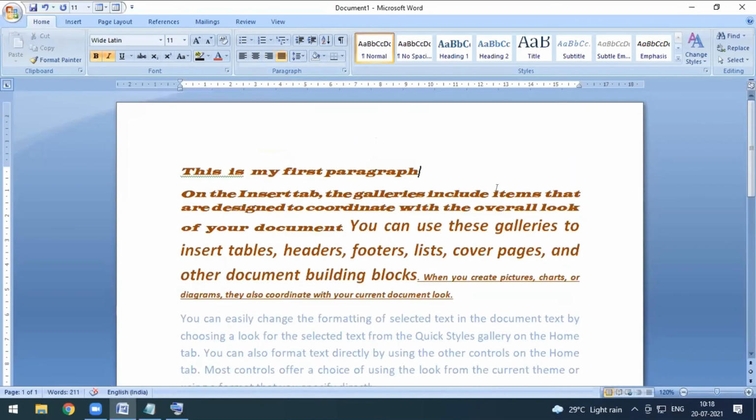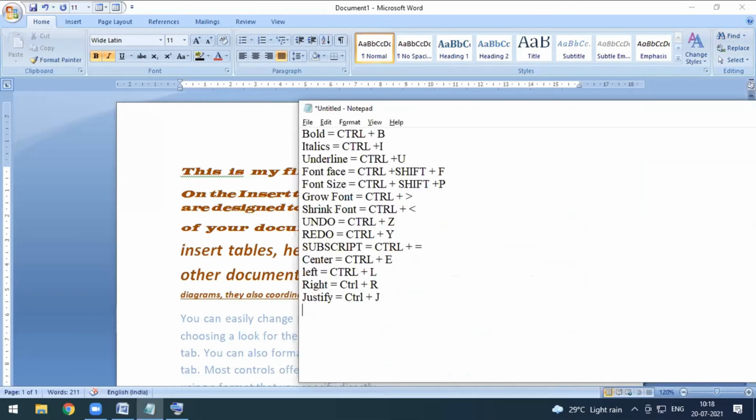Now after this, this is the basic heading which you can create by yourself. Now we have some more shortcuts, like find. If I want to find some word, the shortcut for find is Control F. So I'm typing find is equal to CTRL plus F, Control F.